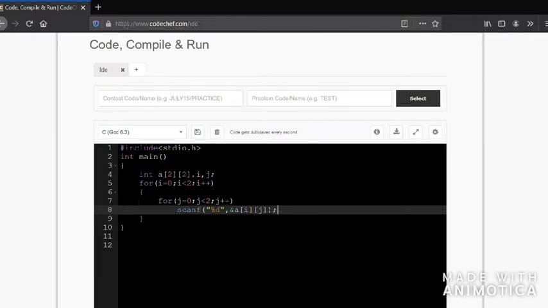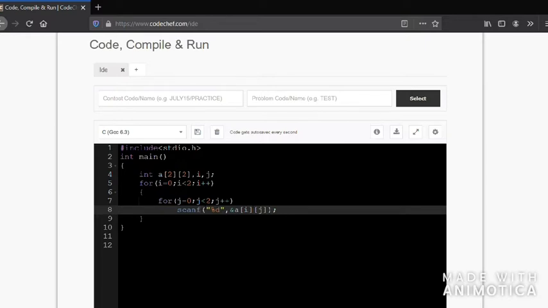What happens here is when the i value is 0, i less than 2 is true. So it comes inside and sees j equal to 0, j less than 2, 0 less than 2 is also true. So it will accept the value a 0 0 and store it in a 0 0. After that j gets incremented to 1. 1 is also less than 2, so it will accept a 0 1.